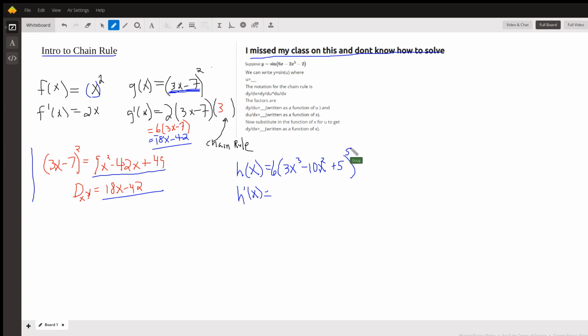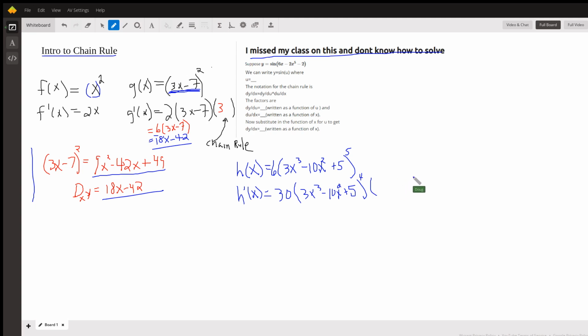How would you take the derivative of 6u to the 5th? You'd go 5 times 6 is 30 times the u. But u is 3x cubed minus 10x squared plus 5. Reduce the exponent by 1. But then you have an extra step because we have to multiply by the derivative of u with respect to x, or the derivative of the inside is what we end up saying. So we would multiply by 9x squared